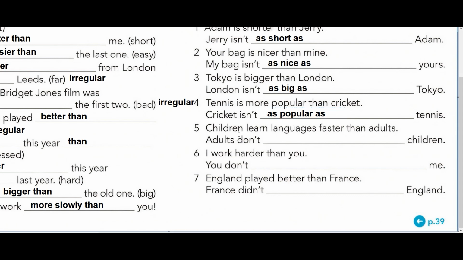Number 5. Children learn languages faster than adults. Adults don't learn as fast as children. Languages here. Number 6. I work harder than you. You don't work as hard as me. England played better than France. France didn't play